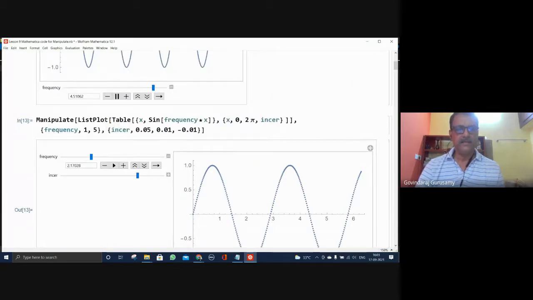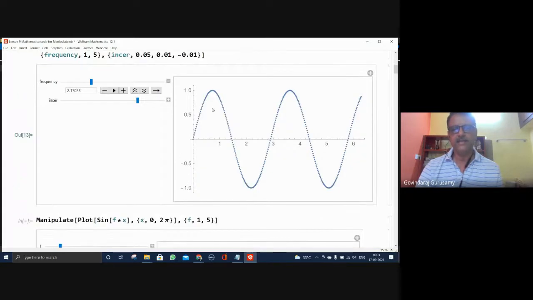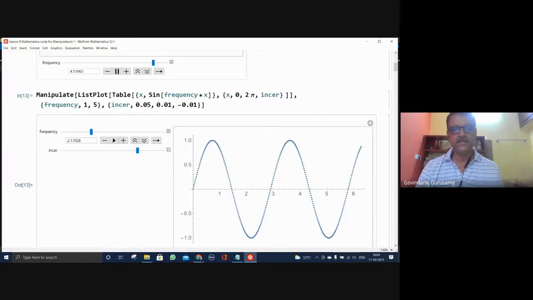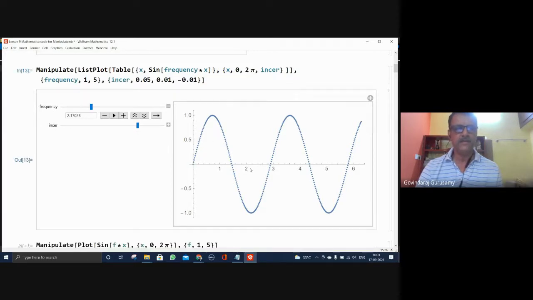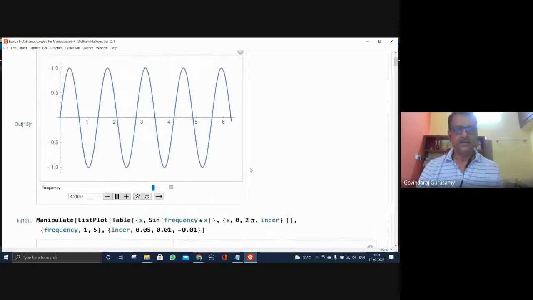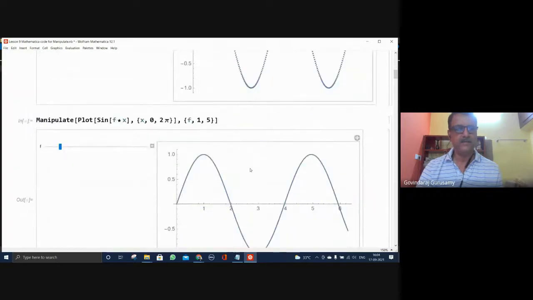Similarly, here you have a list plot. There are options, so you can add all these options, whatever you like. Point size can be changed. It can be any other symbol you like. Colors can be changed. Different colors for the same curve, I can make it. All options that are available can be explored, so that you have a better presentation of your curves, whatever you wanted to present.